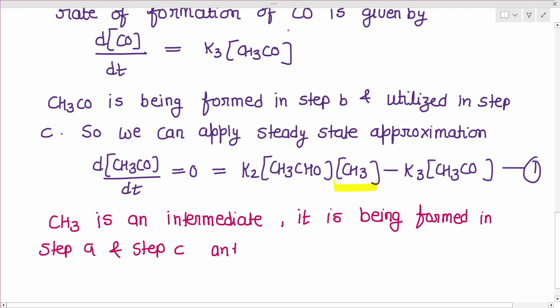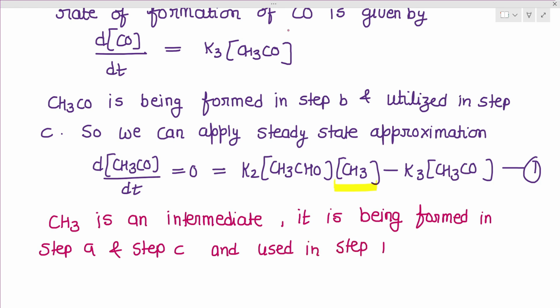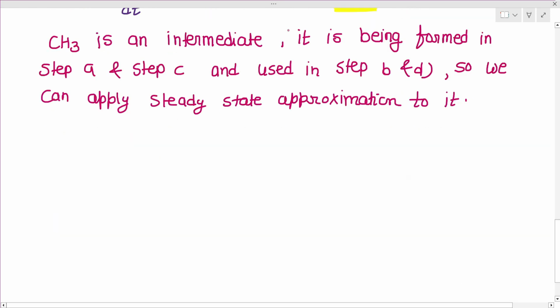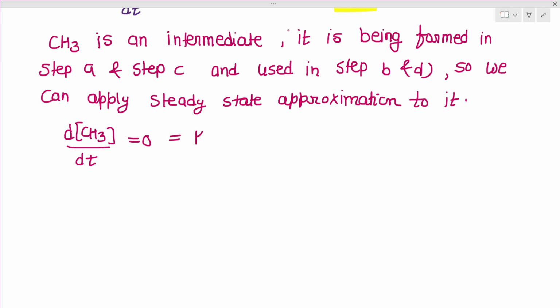Okay, and used in step B and D. So we can again apply the steady state approximation to it. So what you are getting? You are getting d[CH3CO]/dt will be equal to 0. And actually it is given by, in the first step it is being formed. It means k1 I absorbed plus k3 [CH3CO] minus k2 [CH3CO][CH3CHO]